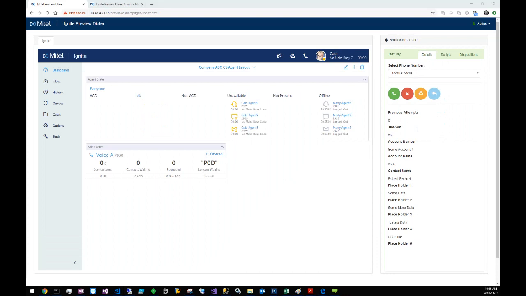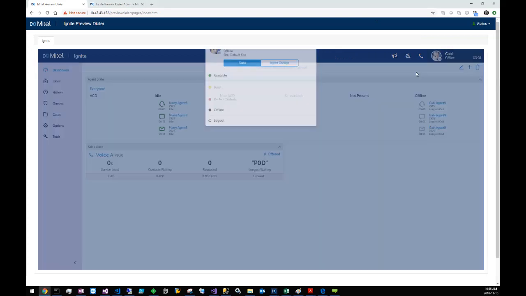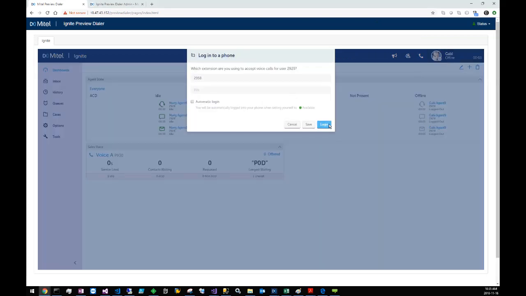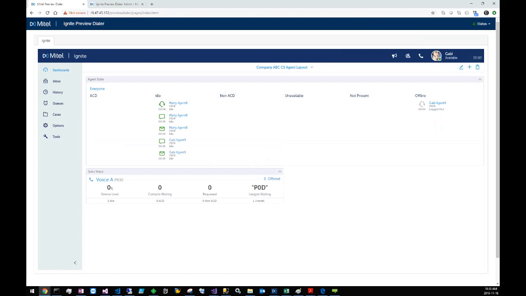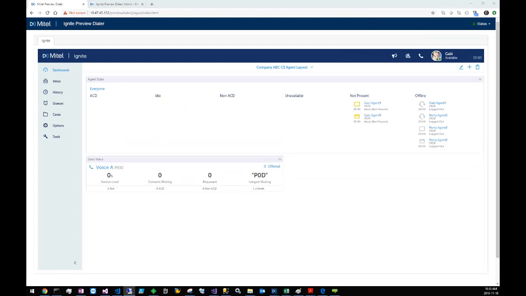I'm just going to log into my other server and log the agent in so that I can... Oh, sorry about that. Just give me a minute here. I used the same extension by accident. Login. And then